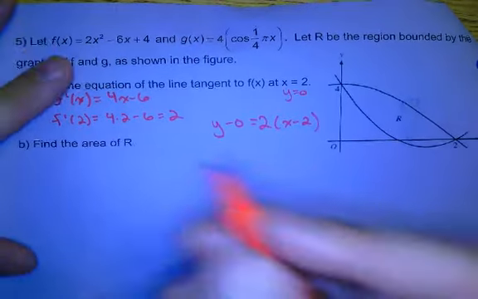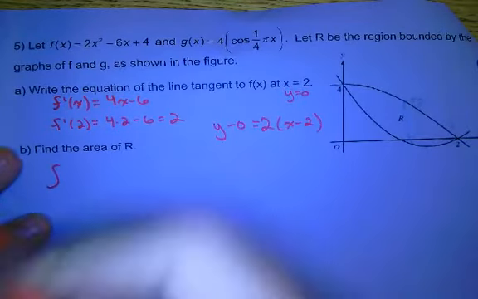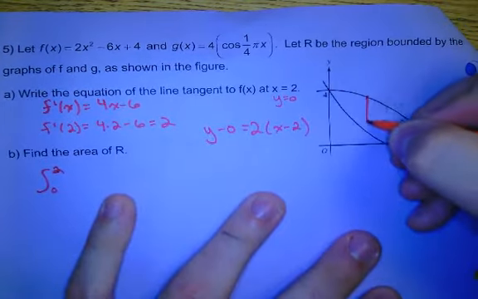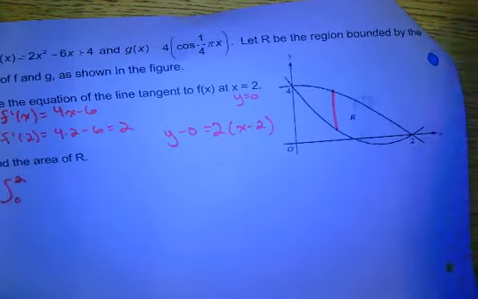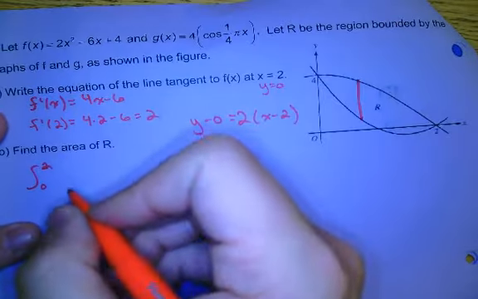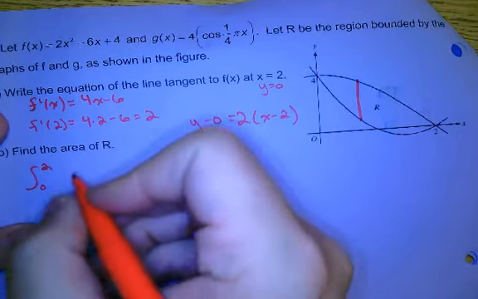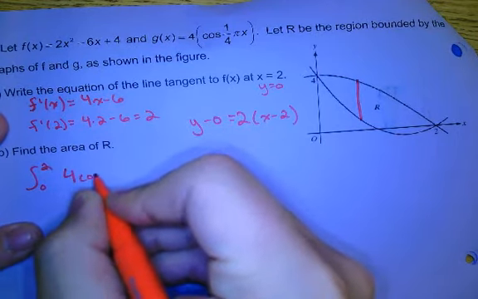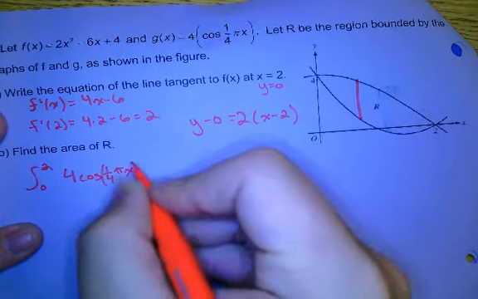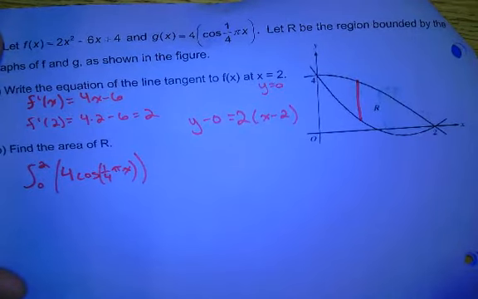So let's go ahead and set it up now. So what's my bounds? 0 to 2. Again, I'm going to just draw this line. It's much easier to integrate vertically because it has the same big and the same little every single time. So 0 to 2 of... What's the top function again? Minus